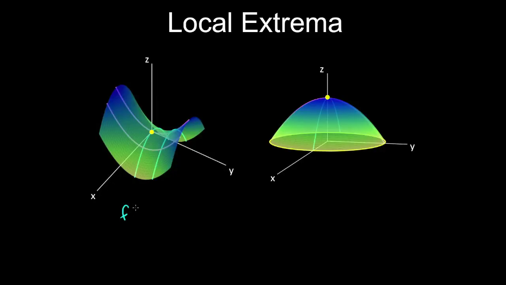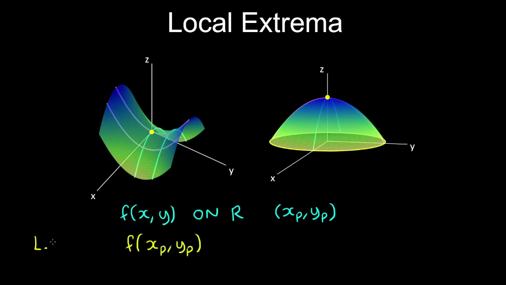Suppose we have a function of two variables defined on a region in the xy plane, and this region contains a point xp, yp. Then the function at the point P has a local maximum value